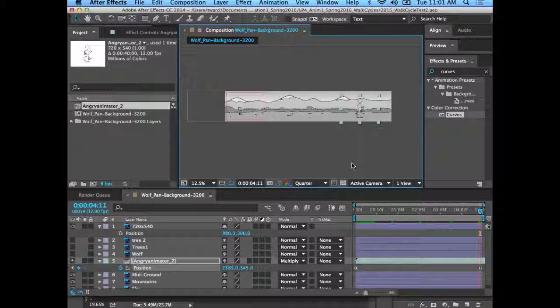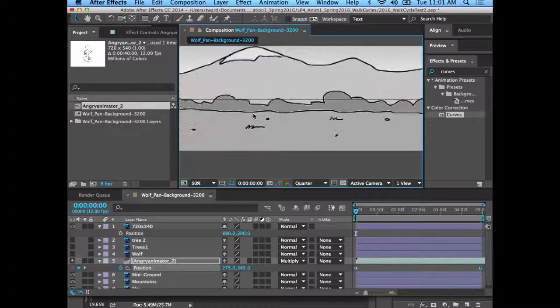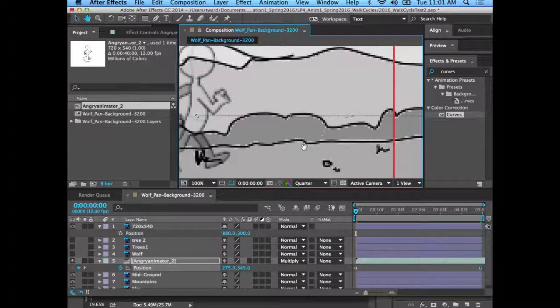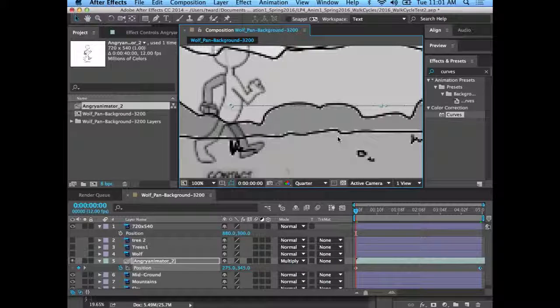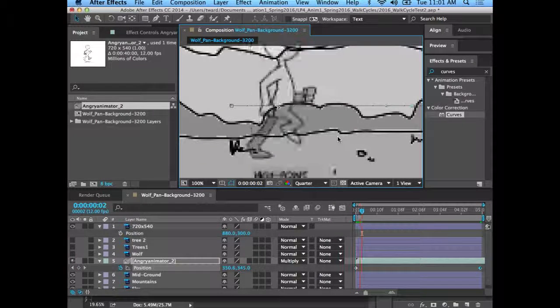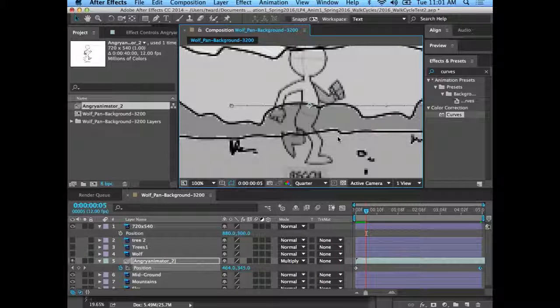I'm going to hold my shift key, left arrow, and step back one time this time. Hit J, come back to that first keyframe, zoom up on it, and I'm going to page down. Let's maybe zoom up one more click. Still going forward a little bit.